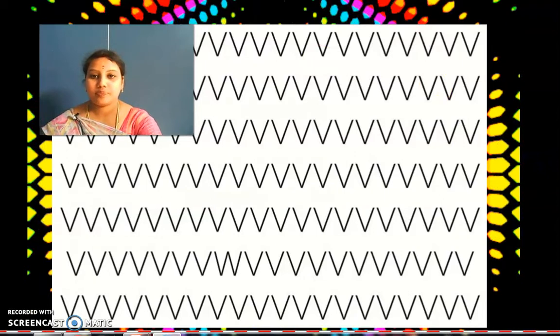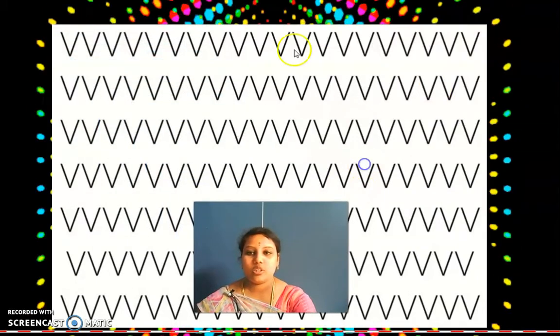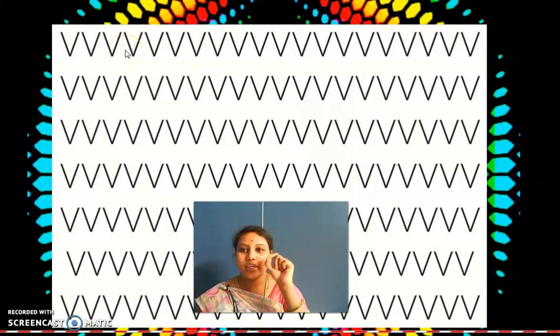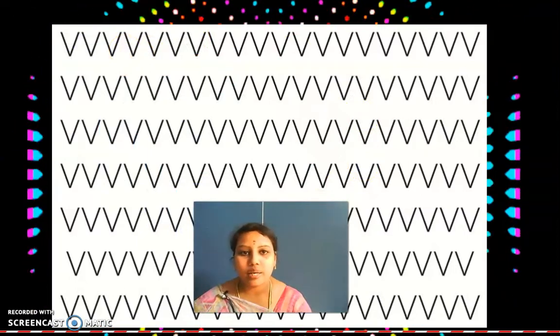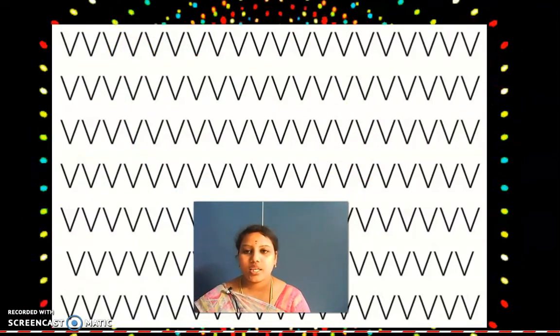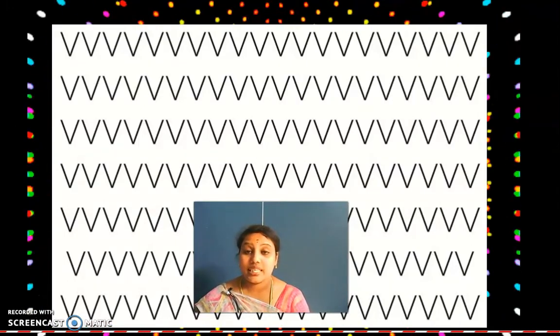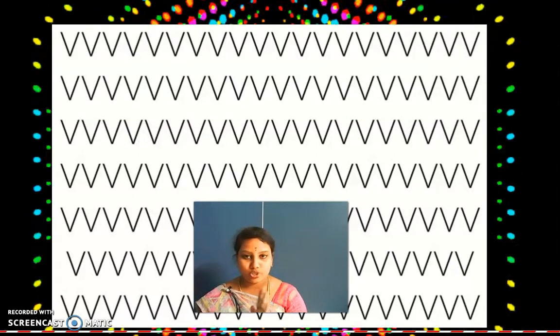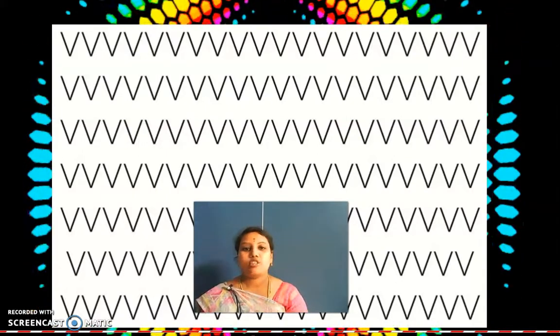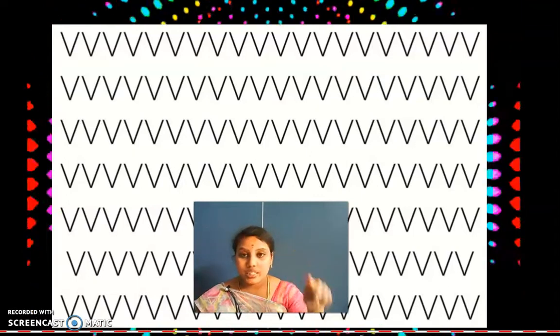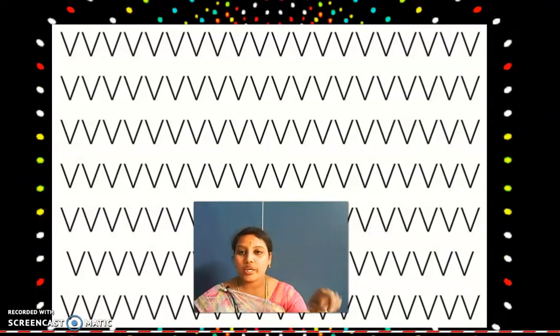See here. So I'll keep this down. See here, you can see all it is V. V or W it is. Kids, this is V or W. Yes, it is V but not W. It is not a W, it is V. So now what you are going to do? In this V, you are going to find where is W. You will get a bit confused.